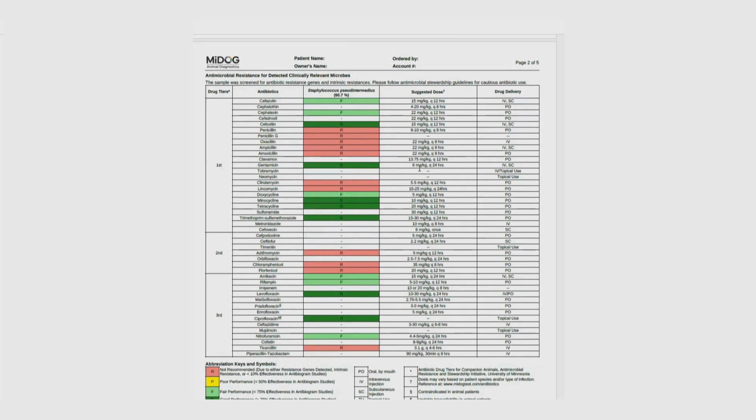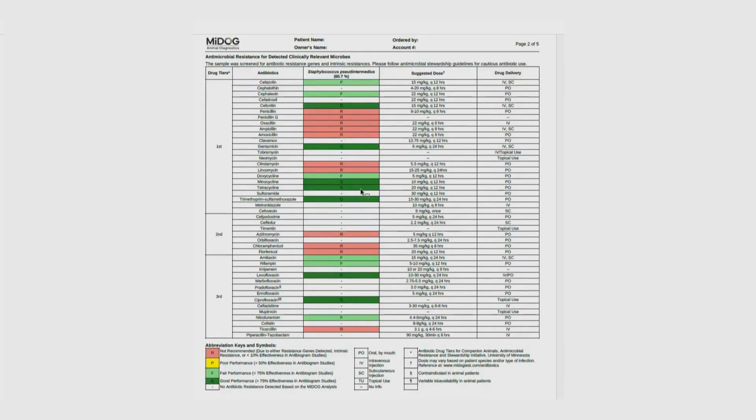On page 2, we show the antimicrobial resistance profiles of each pathogen detected in our test. We break this down into groups, indicating R, which is a not recommended antimicrobial due to resistance acquired. Drugs with poor performance, which show less than 50% effectiveness in antibiogram studies. Drugs with fair performance, with less than 75% effectiveness in antibiogram studies, and drugs with good performance, with greater than